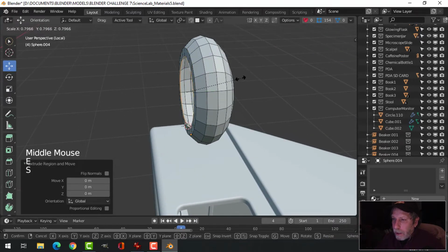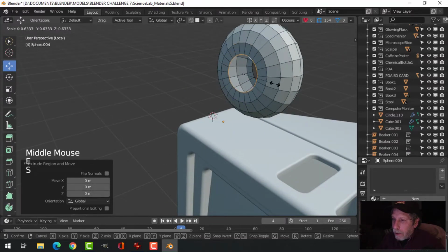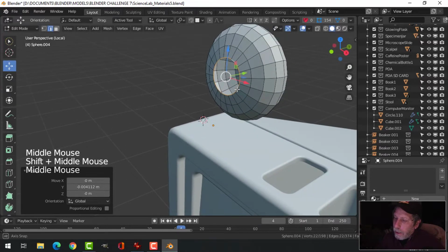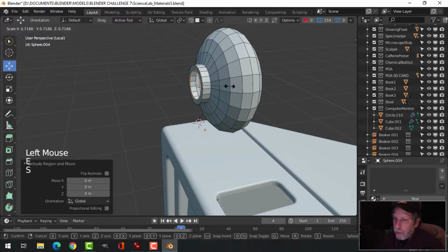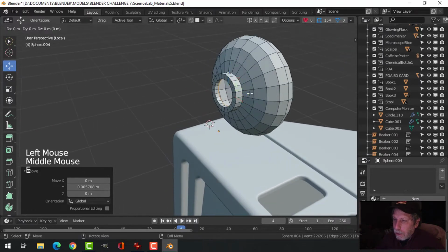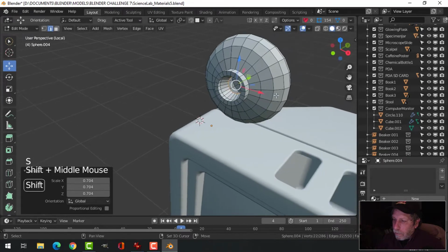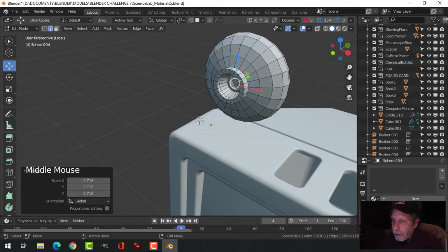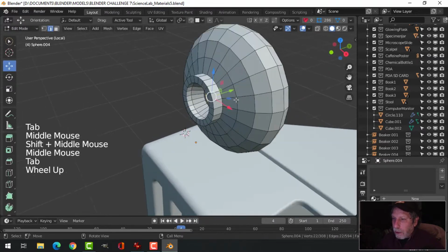Okay, let's go E and S and come in, and I'll pull this out a bit. E and S, come down, and I'll pull it out a little bit more. And at this point, I'm going to come out and just start doing something. Come in, E, I'm going to come in some more, but I'm going to scale it in. And I'm just going to do that, and at that point I'm going to stop it, and I'm going to bring in something else there later. Okay, now